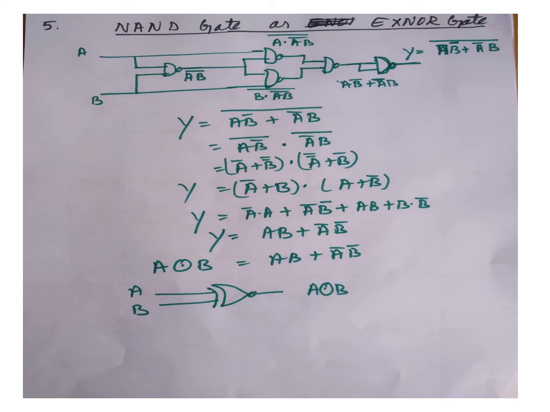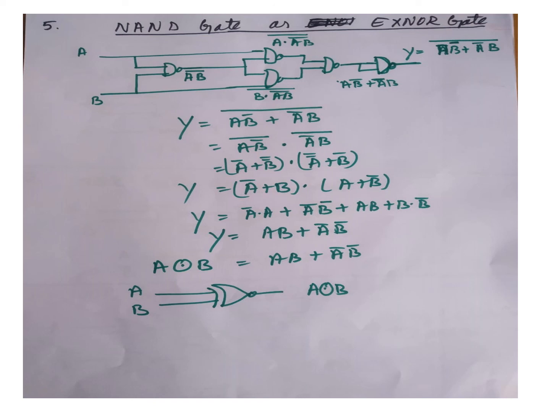Let us evaluate this using De Morgan's theorem, that is, complement of the sum is equal to product of their complements. We have Y is equal to AB complement whole complement dot A complement B whole complement. Once again split it using De Morgan's theorem. I have A complement plus B double complement dot A double complement plus B complement. We have this as nothing but A complement plus B dot A plus B complement.